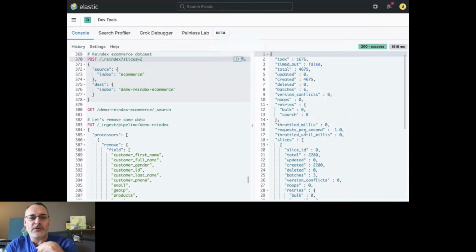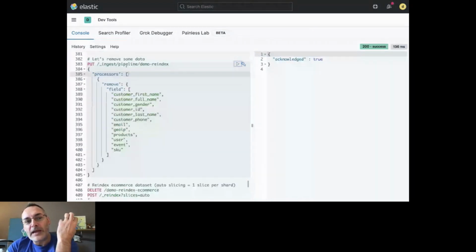Of course, if I'm searching within the index, I can see that I have my whole result set again. If we look at the content, we have a lot of data here. Again, this is what we saw previously. While we are reindexing the data set, we can actually transform the JSON document. Because we are reading the source, we can use an ingest pipeline to remove some of the fields that we don't want to have in the destination index.